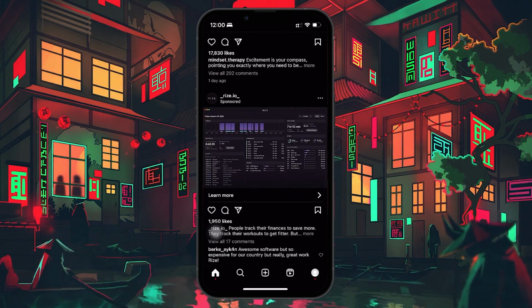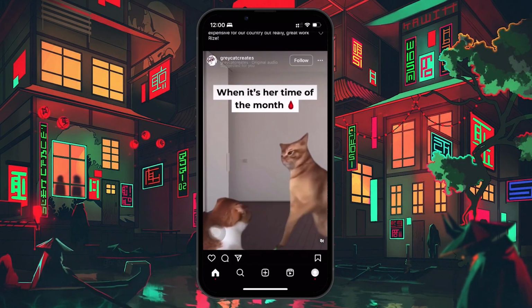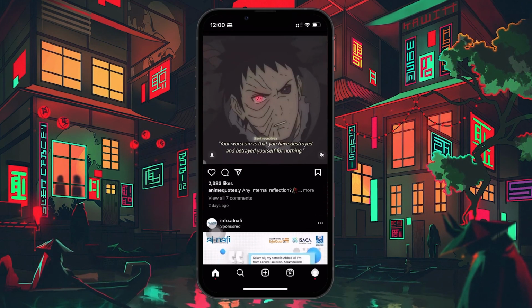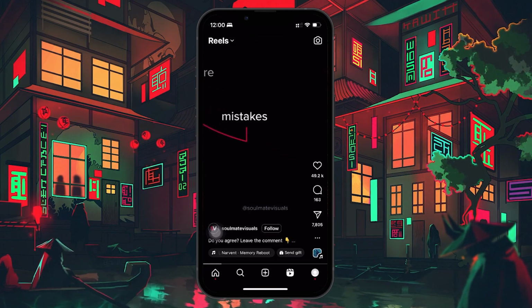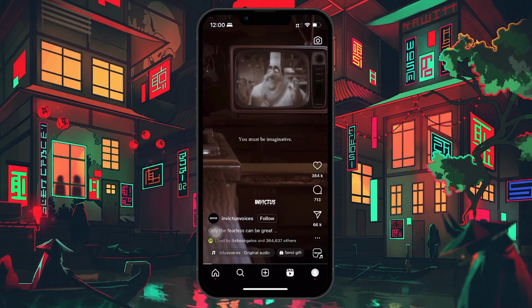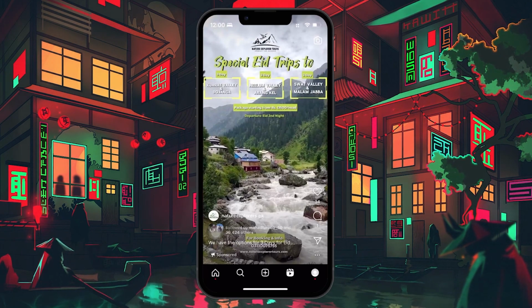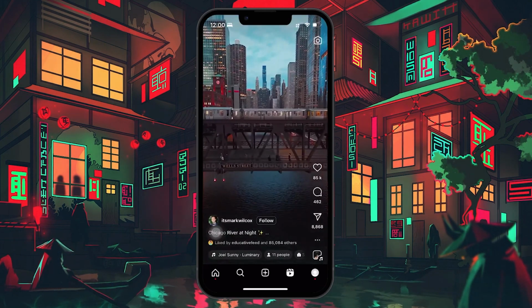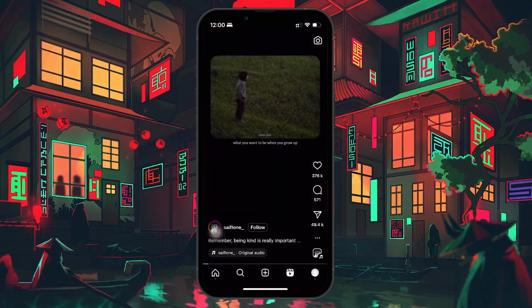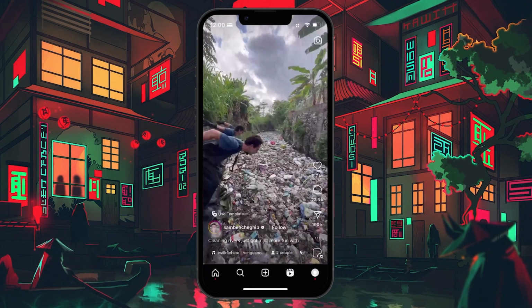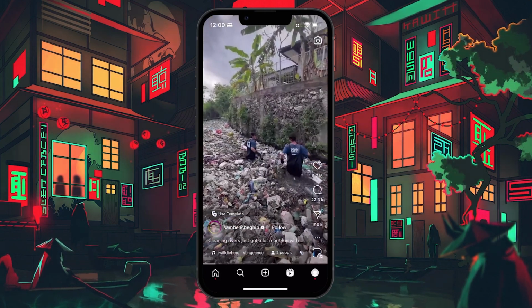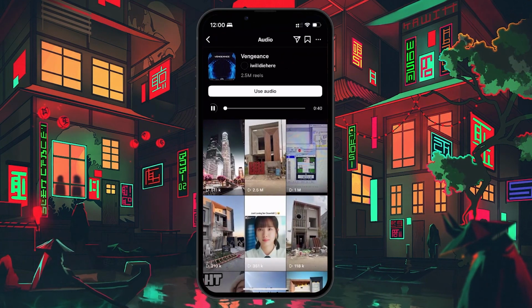your Reels stand out. First, open your Instagram app and tap on the Reels icon located at the bottom of your screen. As you enjoy scrolling through the Reels, pay close attention to the music player icon at the bottom left of each reel. A small upward pointing arrow next to the sound's name indicates it's on the rise. By tapping on this icon, you can access more details about the sound, including an option to use it in your own Reels. This is a direct indicator of what's trending and can serve as inspiration for your next viral